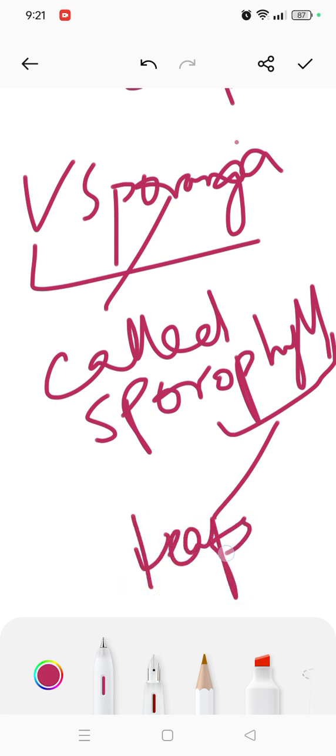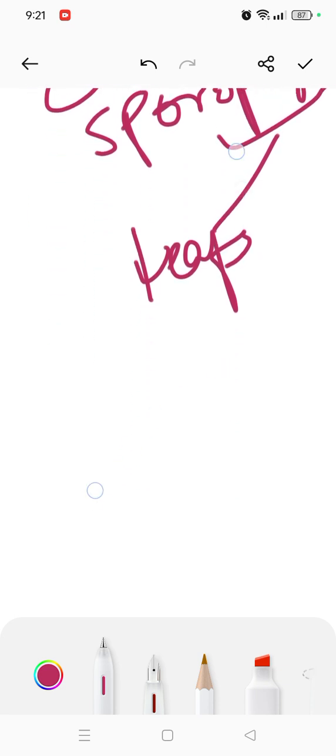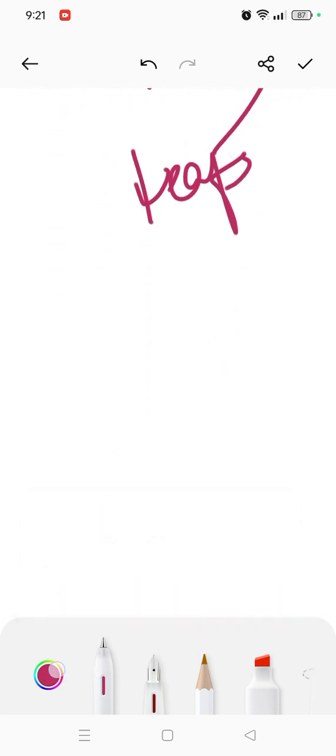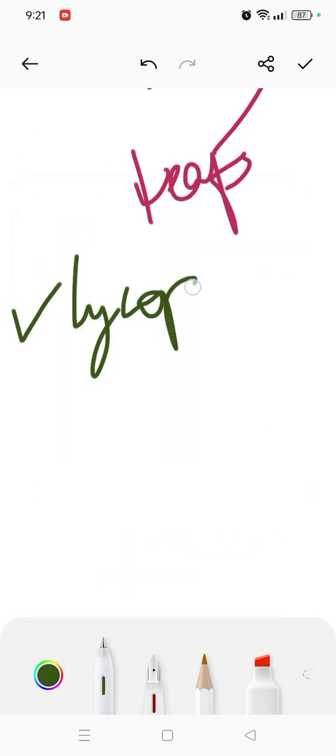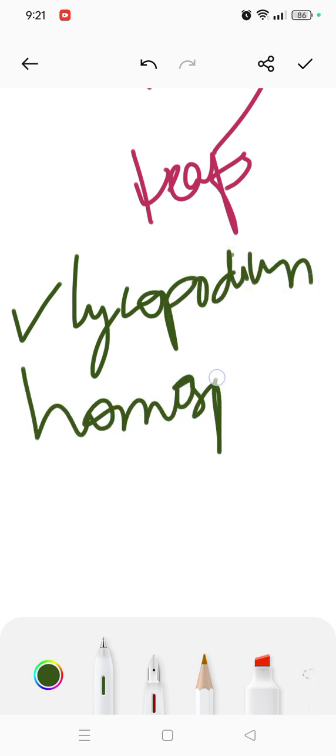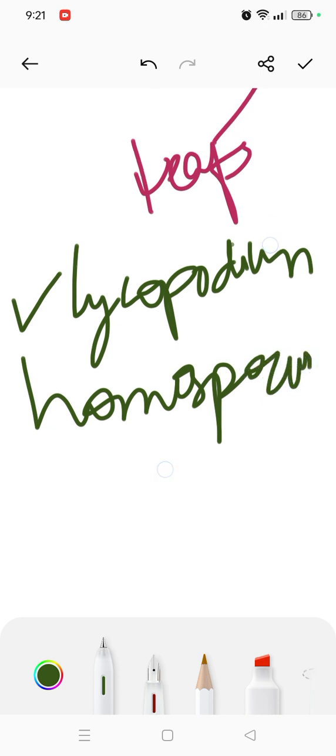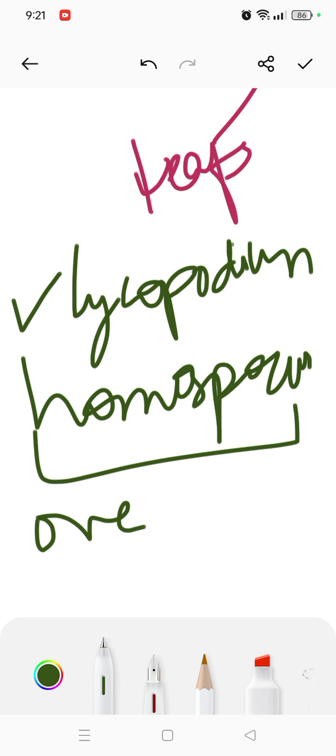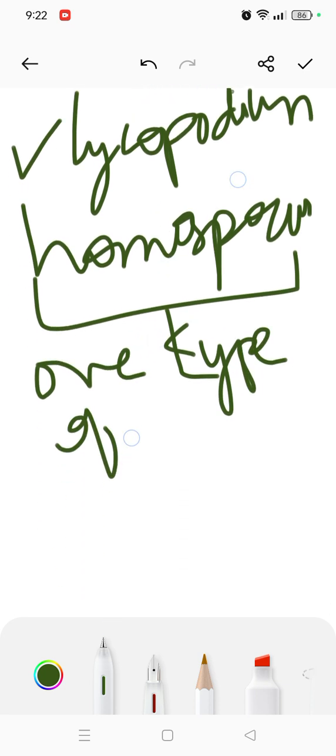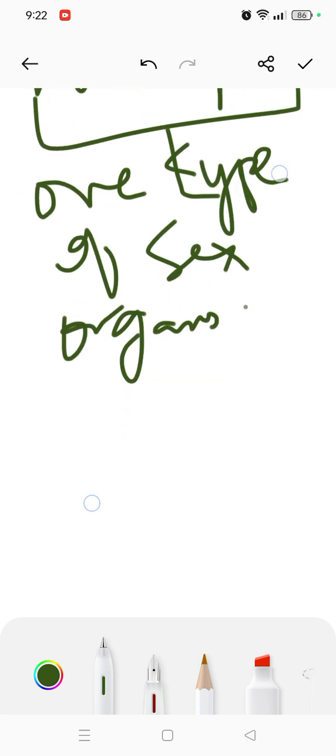Something related to leaves. The leaves of sporangia are called sporophylls, and they have lycopodium, which are homosporous. This means similar spores. Homo means same, so they have one type of spore, and you'll also see they are